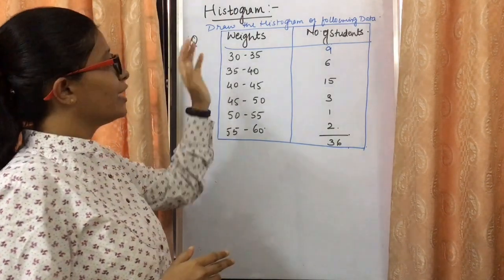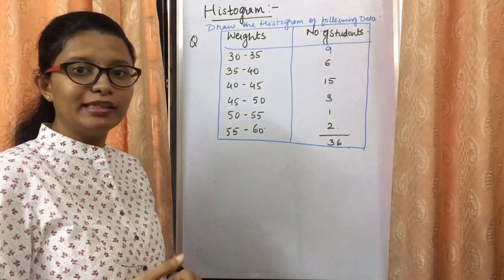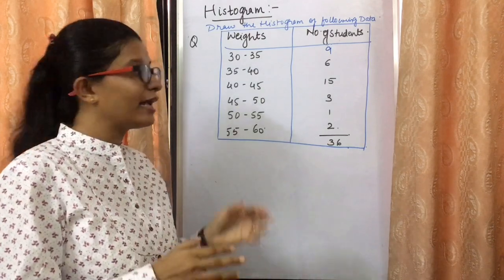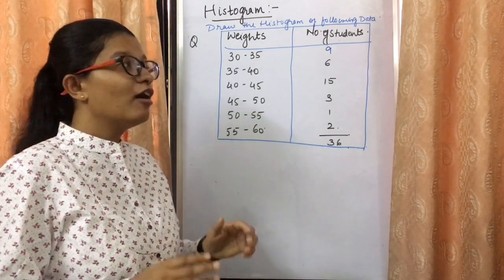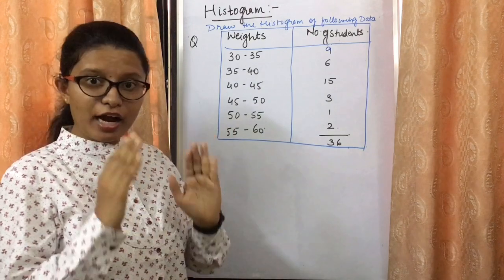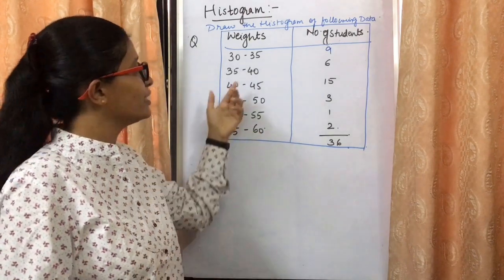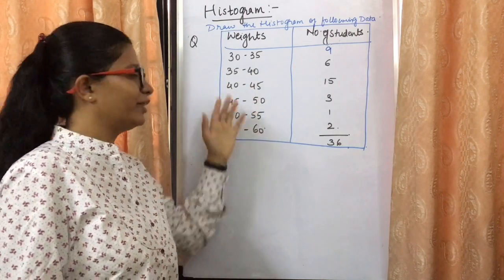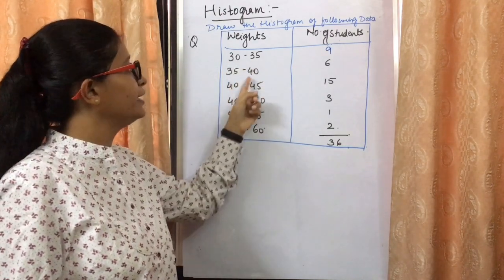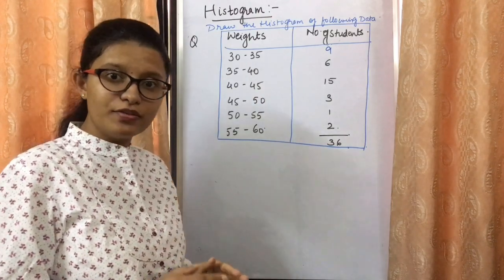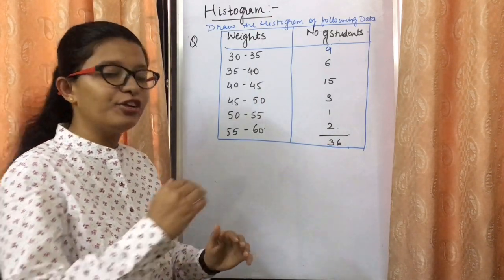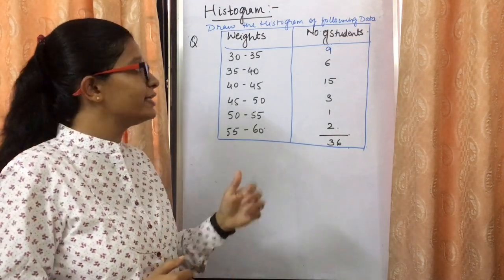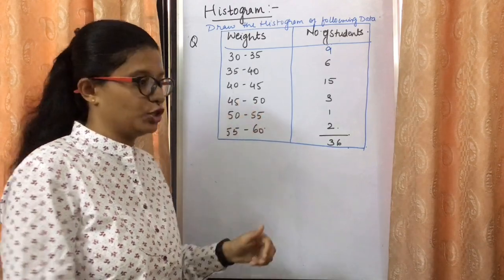So हिस्टोग्राम एंड बार ग्राफ. बार ग्राफ मैंने आपको कल ही बताया था कि the information, the collection of data which is done can be plotted on the bar graphs, whereas for a continuous interval which we have, as you can see in this question, 30 to 35, 35 to 40, 40 to 45, 45 to 50 and so on. So you can see this is the continuous interval. So जो continuous intervals रहती हैं, that is one after the another, for that we need to draw histogram. So let's see how we can draw the histogram for the given question.